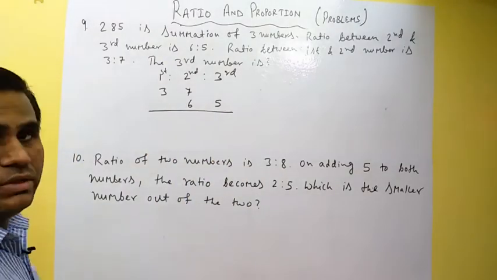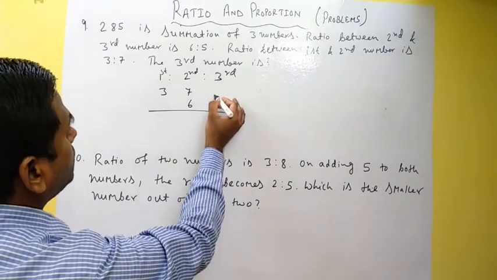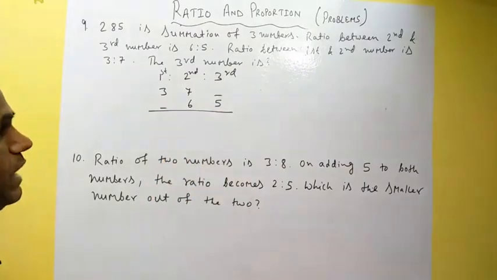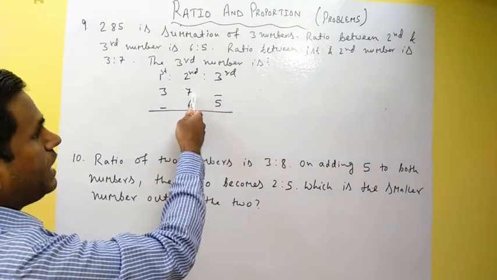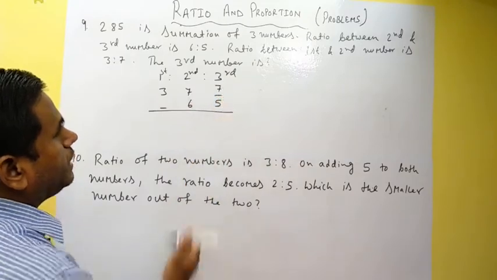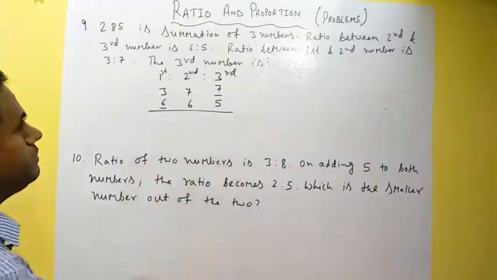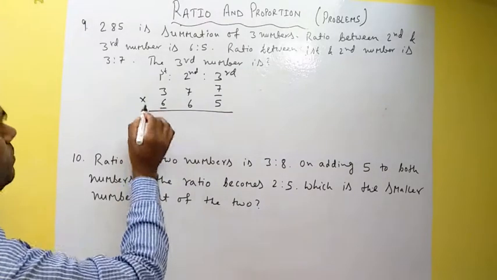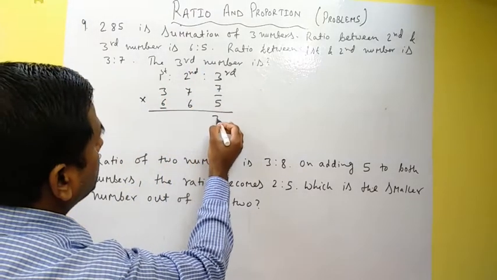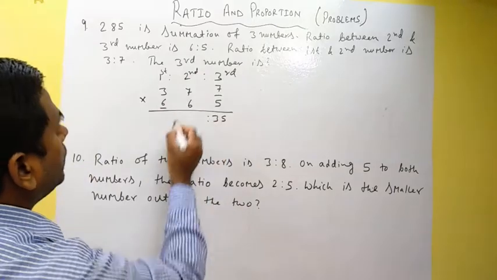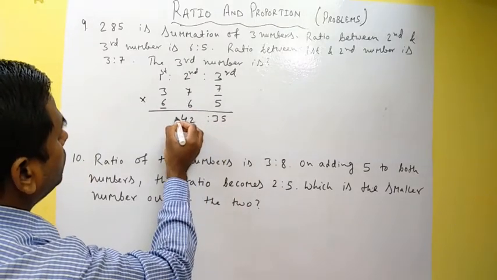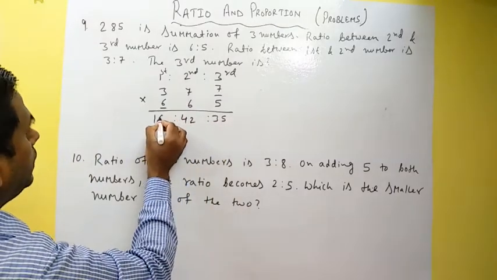Now if you remember the trick that I told, wherever there is a blank, here and here we have blanks. So next to the blank, whatever number is there, fill the blank with that number. Here next to the blank we have 6, so we will fill it with 6. Now multiply this. So 5 7s are 35. Okay, 7 6s are 42, and 6 3s are 18.